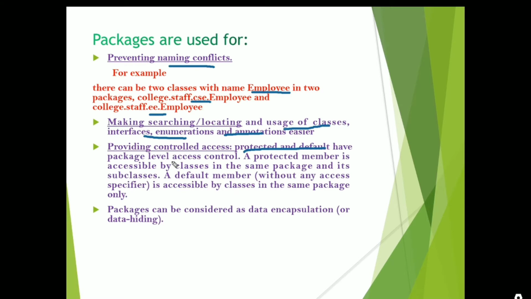Means within that package all the classes, interfaces belonging to it can access any methods belonging to any class of that package. And a protected member is accessible by classes in the same package or the subclasses also. Without any access modifier we can access the classes in the same package only.